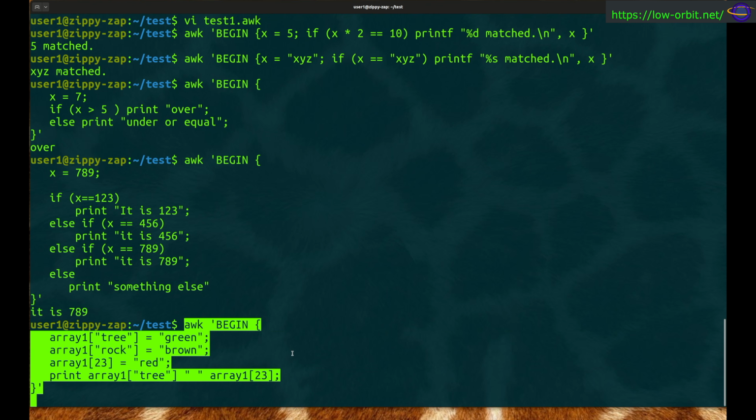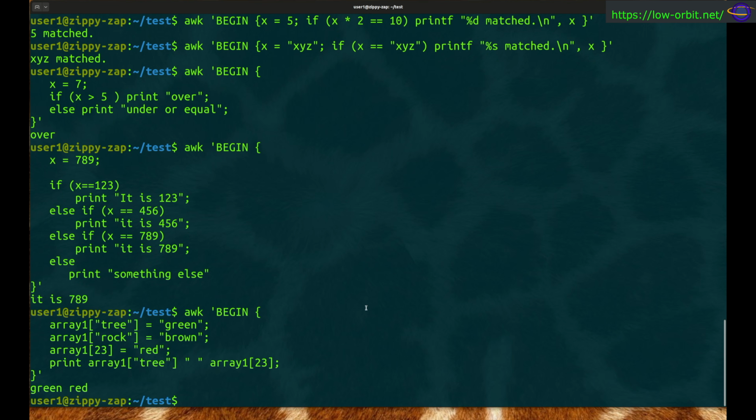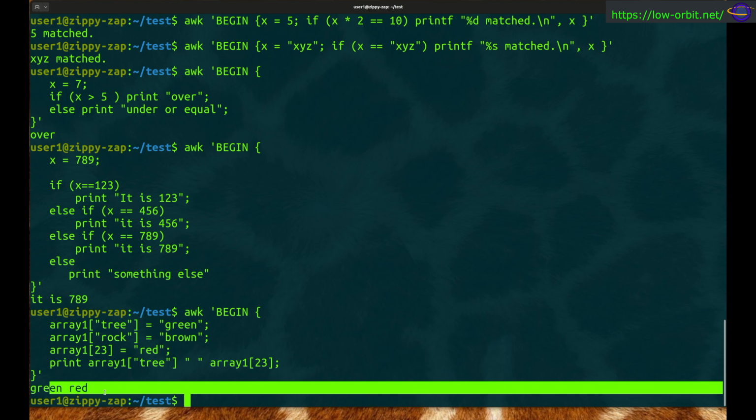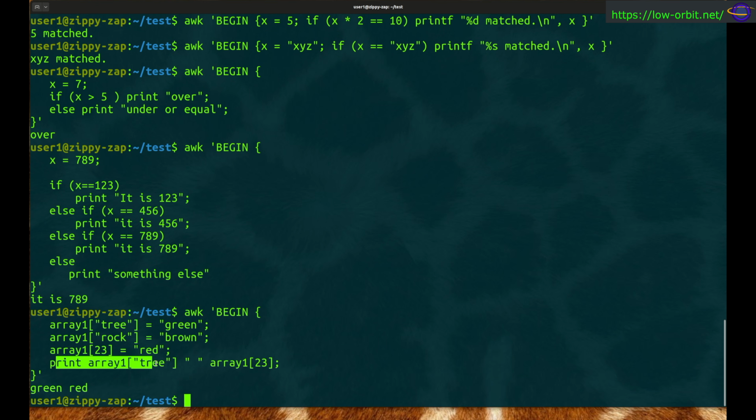At the key value of tree. It's just a random string we chose. So it prints out green, red. Okay, so print array1 tree. It's going to print out,